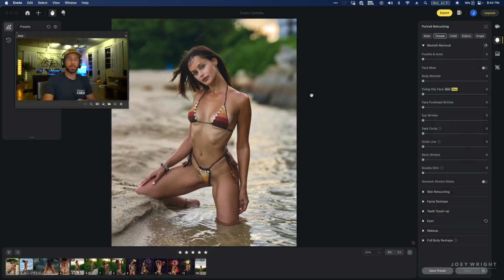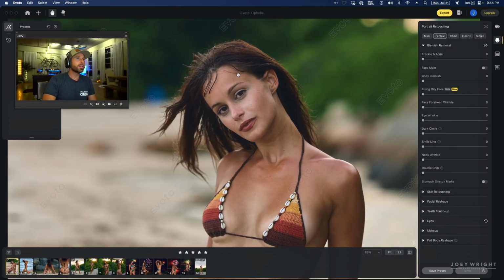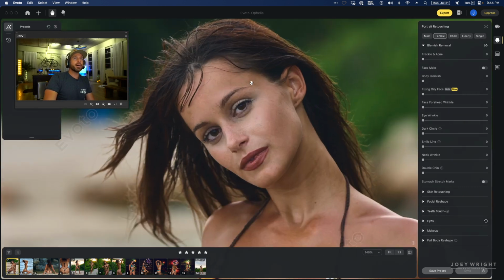Want to go back and go into some of the files that I actually was working on personally. So let's do this again. I'm gonna work on a little bit more. Okay, so this is the lovely Ophelia, who,